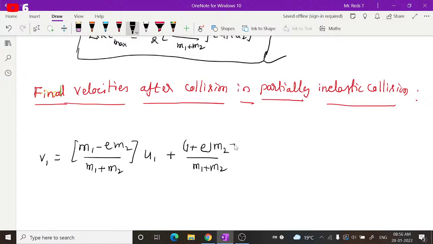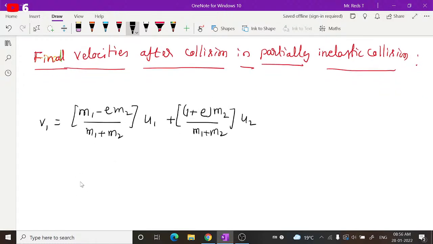M1 plus M2, into U2. And V2 is given by, as I already told, in place of M1 minus M2 we are taking M1 minus EM2, in place of 2M2 we are taking 1 plus E. The same term comes here, and this difference term comes here. So remember that. Here 1 plus E, instead of M2 we will get M1. That is the U1 term. So 1 plus E into M1 divided by total mass